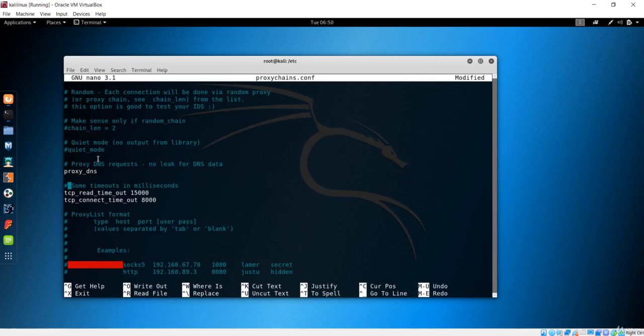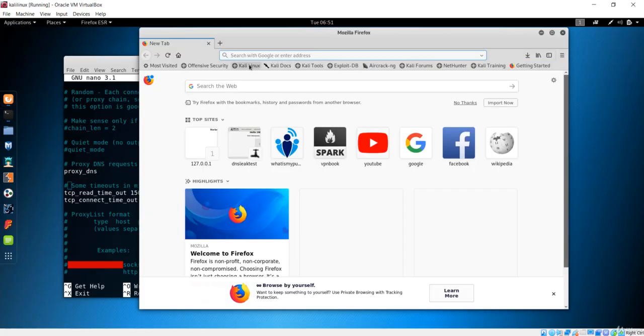But the next one over here says proxy DNS requests, no leak for DNS data. This is very important. If you want there to be no DNS leak, then this should be uncommented. If you remember from the VPN section, our DNS was completely leaked.